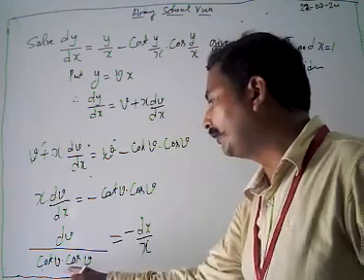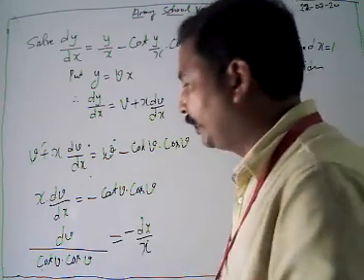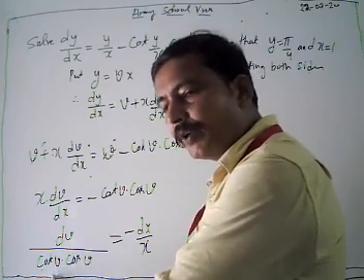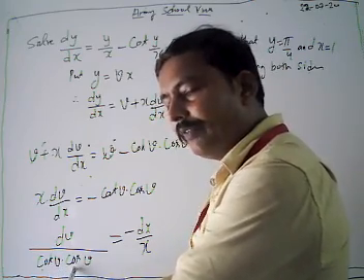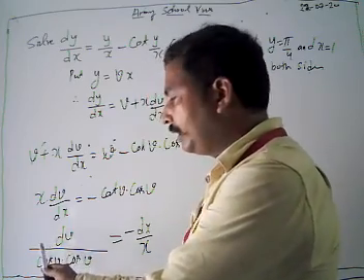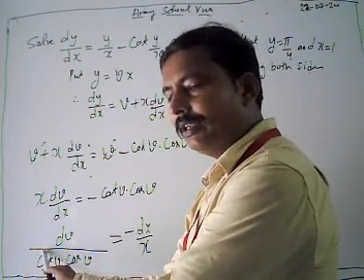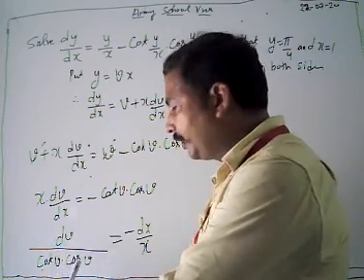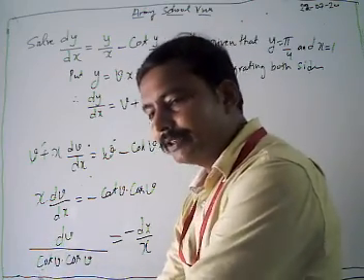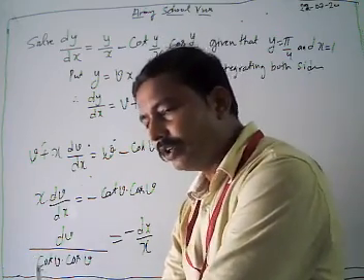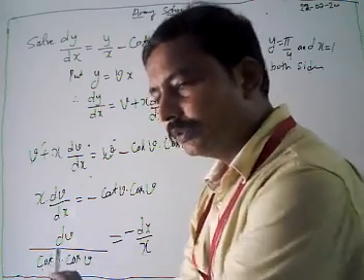It's cot v into cos v. What is cot v? It's sin v upon cos v. Sorry, it's cos v upon sin v. Cos v into cos v, we have cos square v, and sin v is in the lower part. Then sin v upon cos v is tan v, and 1 upon cos v is sec v. Means after using our trigonometry identities, cot v into cos v can be written as tan v into sec v.